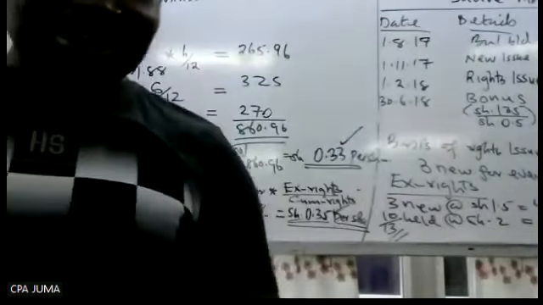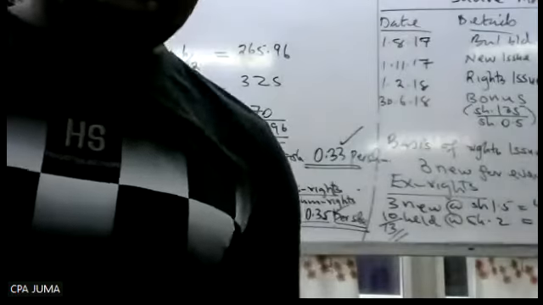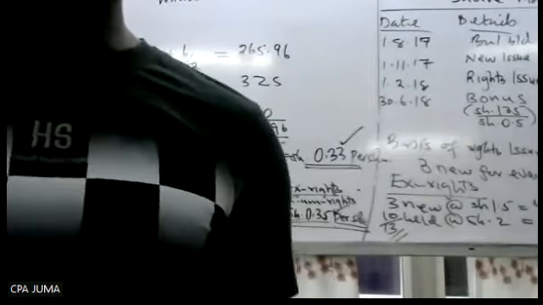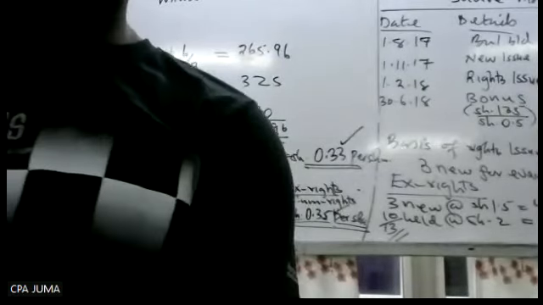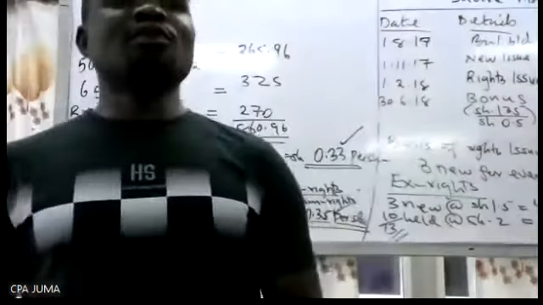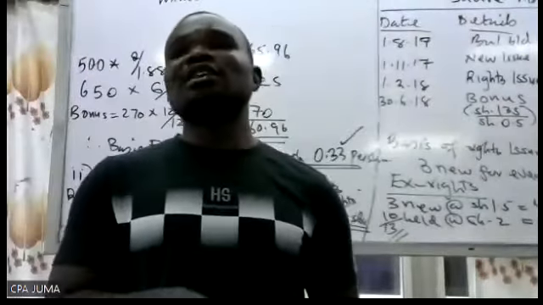Maybe our prayers might be answered. So right there, diluted EPS. EPS is easier, it's in buyer. Diluted. And we are not going to dilute if we don't have basic.